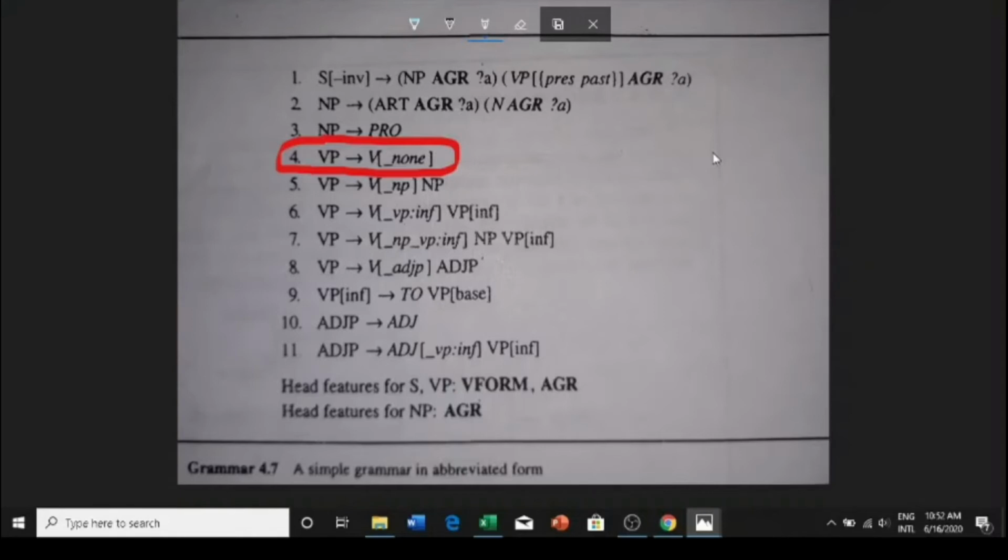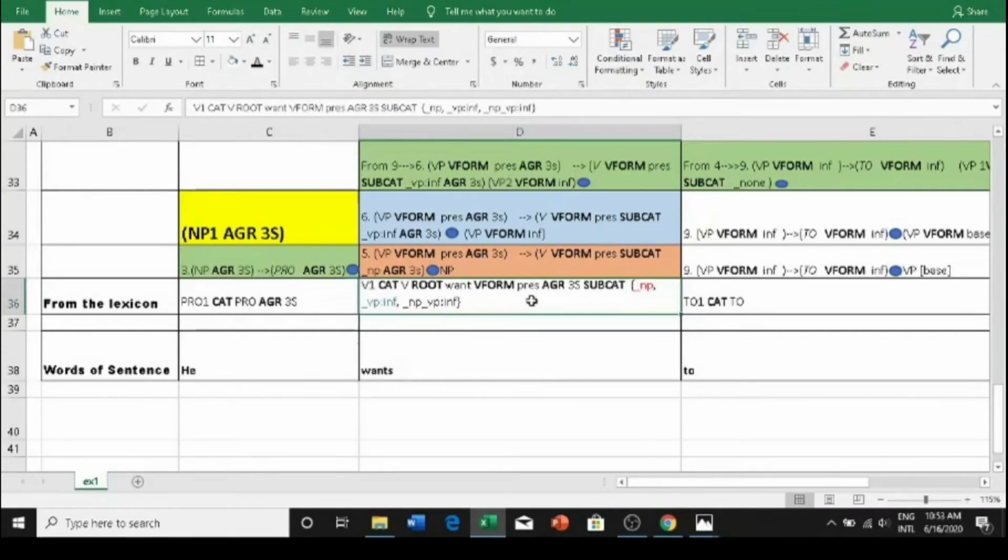So before proceeding, we will see what is the mother and head constituent. It is VP. VP is the mother and the head constituent is your verb, and we will see what they share. And they share these features, right? V form and AGR. None of them are written here. So we should remember that V form and AGR should be instantiated from the lexicon entry that we got for wants. Okay, we will see that now. So if you see here, we have V form and AGR values for wants, right? We are going to instantiate them on the right side of the production. So V form is written as present tense, then AGR value is written as 3s.